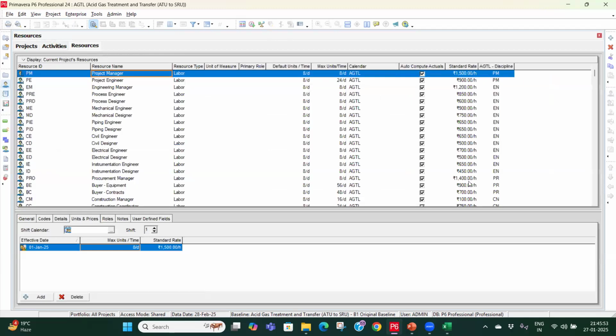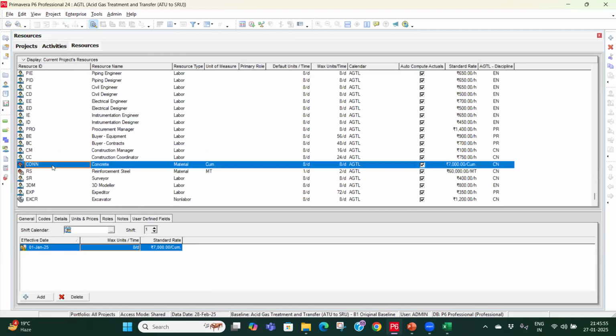सो वो आप यहाँ ऑलरेडी, अगर हम रिसोर्स पे जाते हैं तो हम लोगों ने यहाँ डाला हुआ है। यहाँ अगर आप कंक्रीट देखोगे तो हमने 7,000 रुपीज पर क्यूबिक मीटर डाला हुआ है। सो अभी आप लेट्स सेय 100 डालते हो, तो 7,000 इंटू 100, वो 7 लाख रुपया होगा। वो 7 लाख रुपए फिक्स हो गया। अब वो 100 क्यूबिक मीटर, आप जो भी बोल रहे हैं, तो 100 क्यूबिक मीटर को मुझे 5 दिन में खत्म करना है।